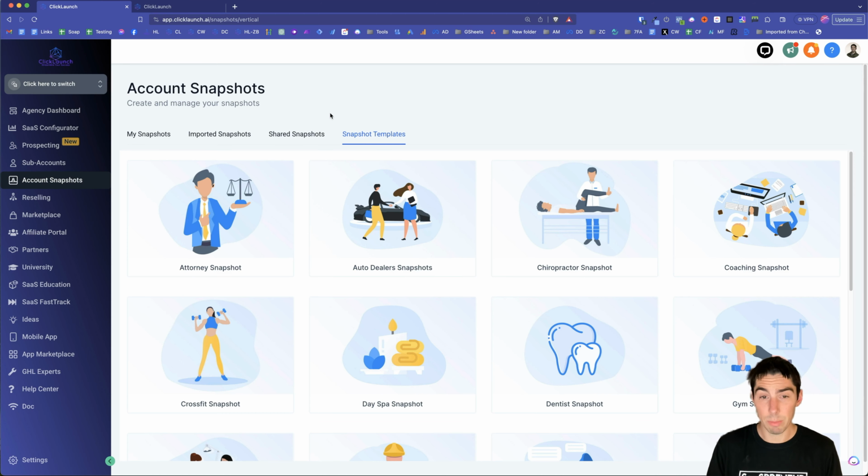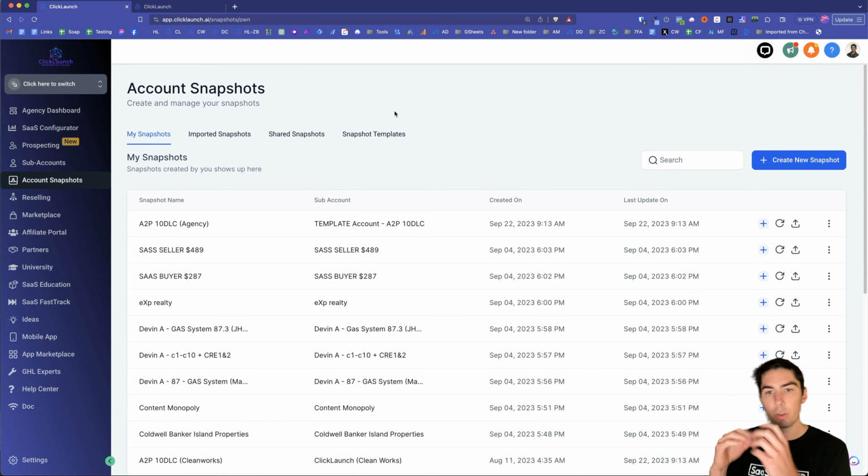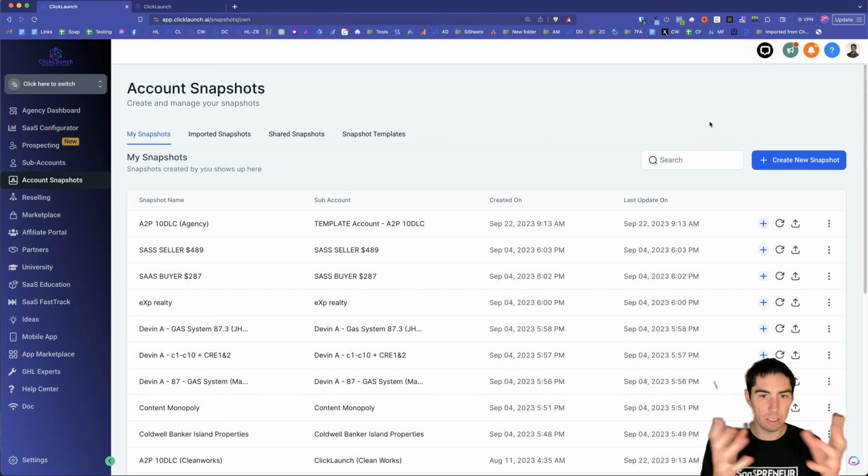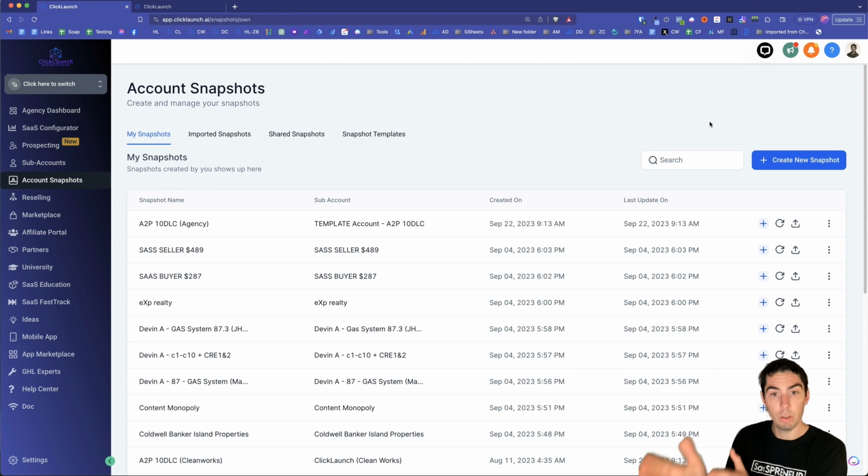So that's an overview of the snapshot section. Let's head back over to My Snapshots. Now let's say that you've created an account. So being in the video I was doing, I was taking a snapshot of one of my accounts. Well, you're not going to do it with your phone, your camera. What you're going to do is come over to My Snapshots here and say I have this account I built out. I built the funnels, the workflows, all the automations, calendars, everything in it. Now I'm ready to take a picture of that so that I can bring on a new client and load